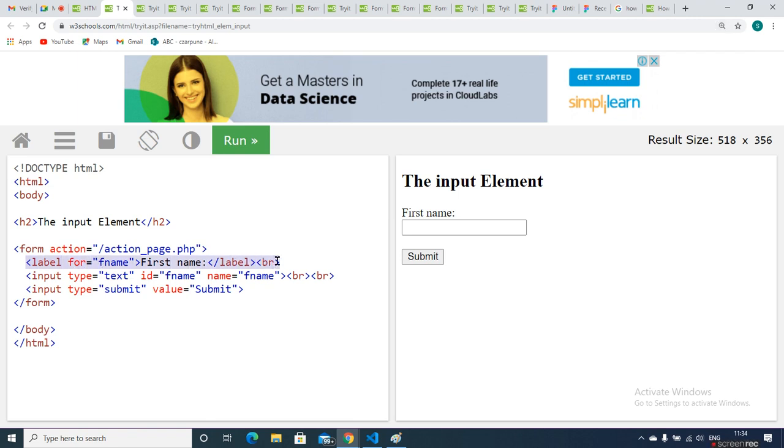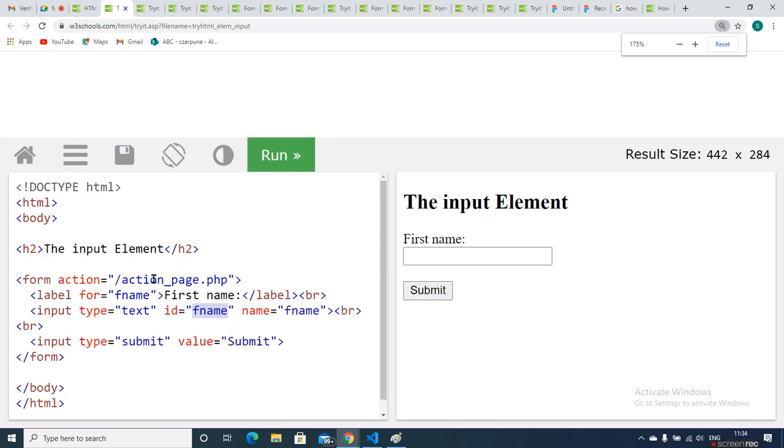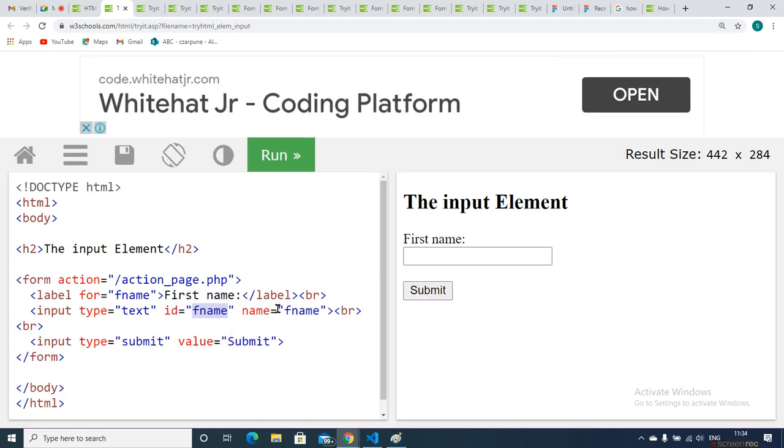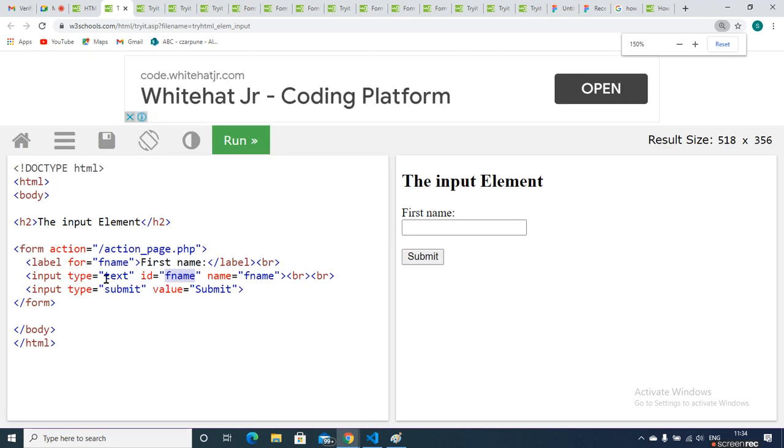Whatever tags you can see is called an HTML tag, which is called an element or tag. Each element has its attributes. For is an attribute, type is an attribute, ID is an attribute. Attribute with a value: ID has fname as a value, name has fname as a value. So these are the different elements with their attributes.